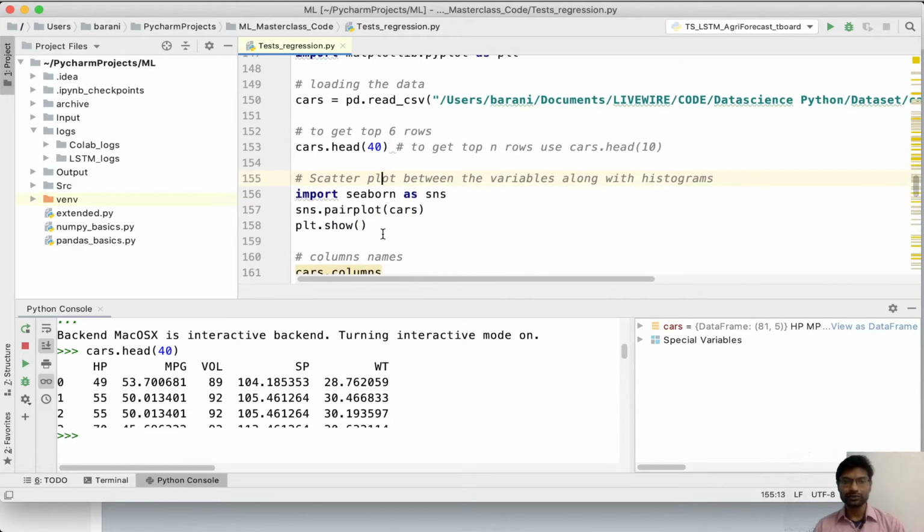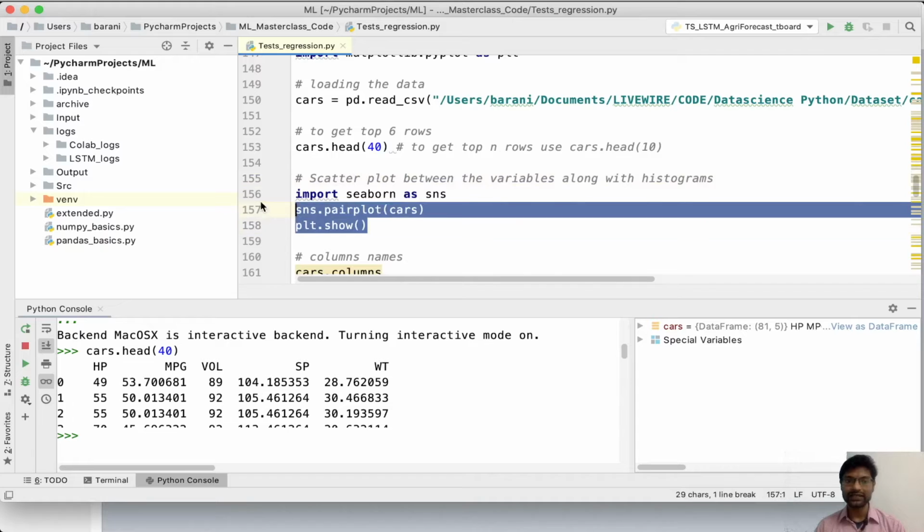Before building the model straight away with that one line statement, we will analyze and understand the information contained in the data. For that, I am trying to build a plot. That plot is called a pair plot, where each and every variable is compared against each other.